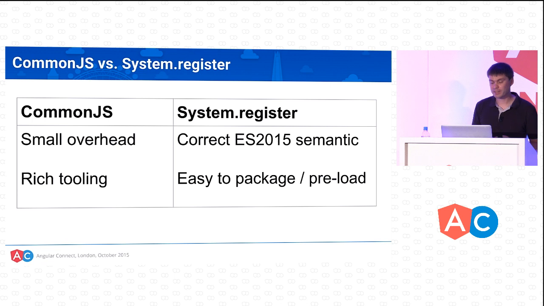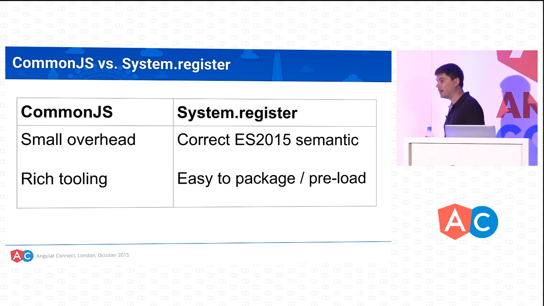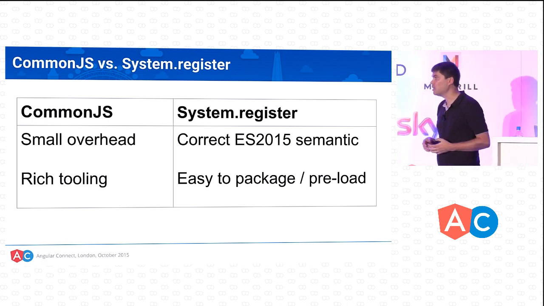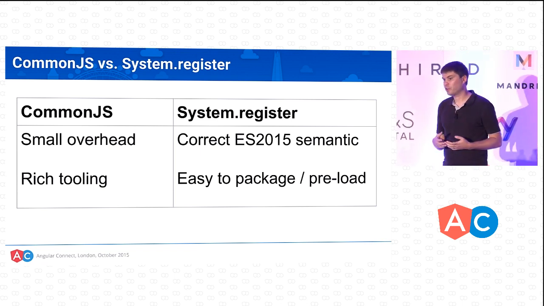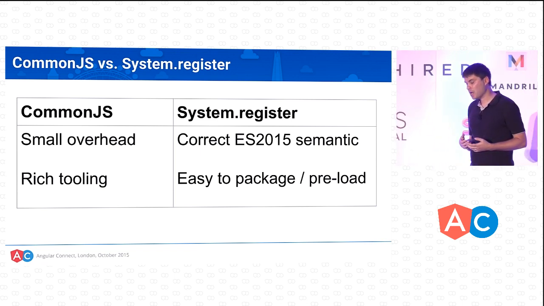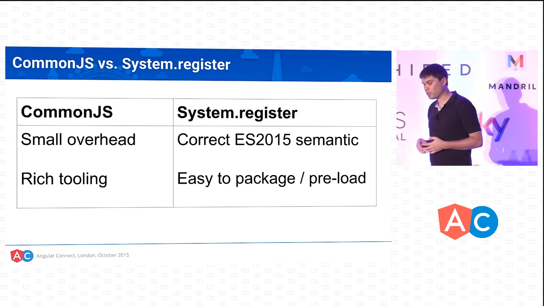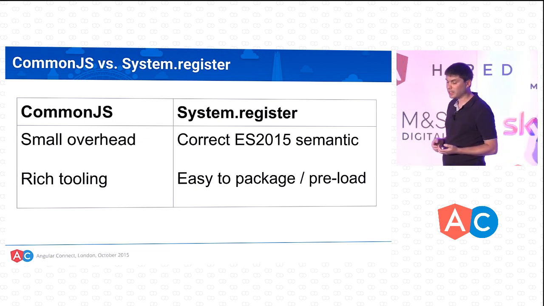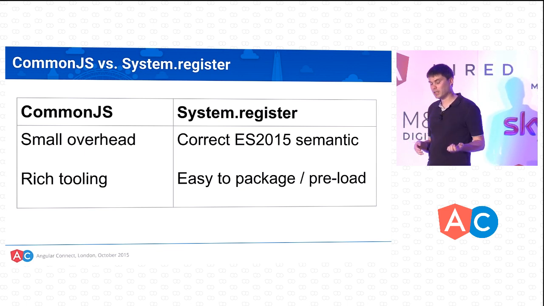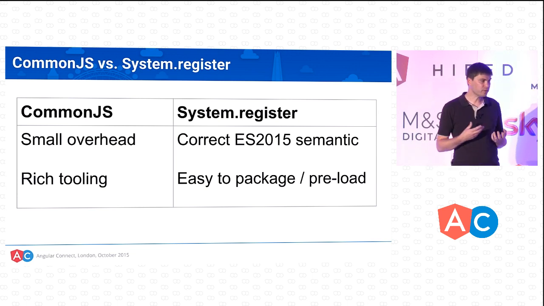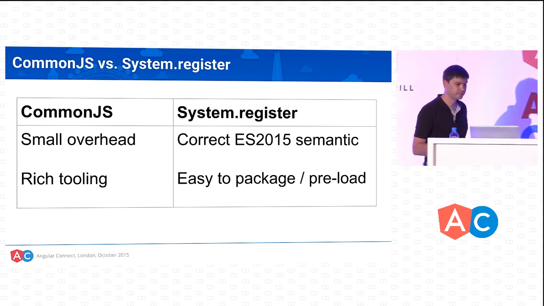So both formats have their pros and cons. Even for Angular packaging, we are going back and forth. We started with the System.register output because we were afraid of circular dependencies. Then we removed them from the code base, and we saw that the overhead of System.register is just too big for what we are doing, and we are considering producing CommonJS output. So there are trade-offs here.